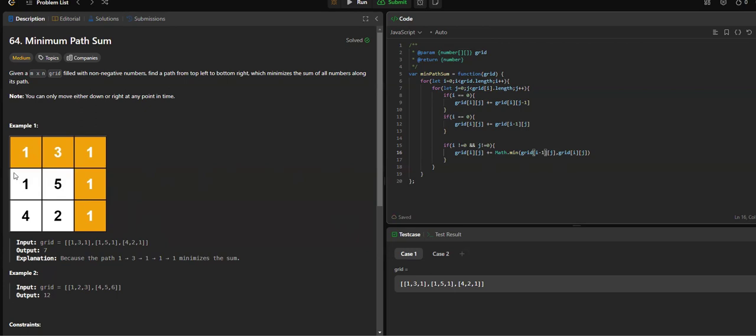And to come from the left, it should be grid[i][j-1], right? That should be enough. And once this for loop ends,